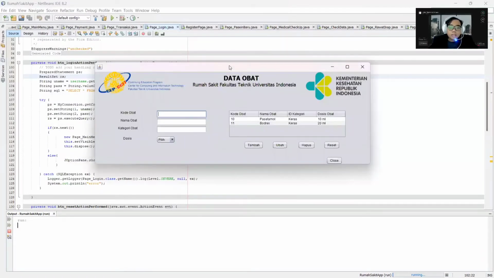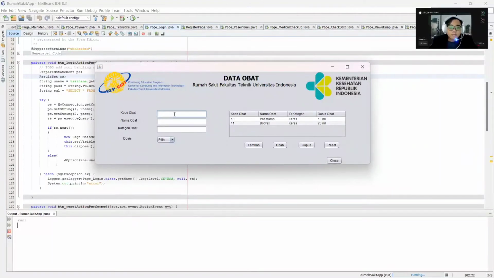This page is entered by the admin because he knows about the code obat and so on. And I will give an example of how to fill it and how it can be saved